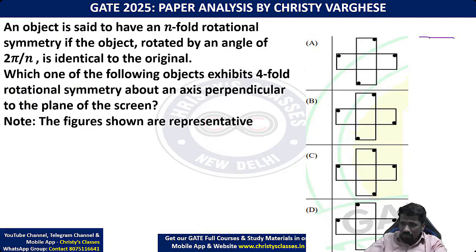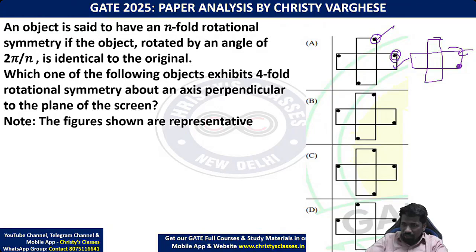I will just draw it in detail. After the 90 degree rotation, if I draw this cross, this dot after rotating will come here. Because it was on the right here, it should also be on the right here, but it should come here; then only it is rotational symmetry. Similarly, this one is on the left side, so here it will come, but it should come here. And this one is on the right side so it is right itself, so this is okay, but all changing properties should be correct. That is not correct in option A, so option A is eliminated.